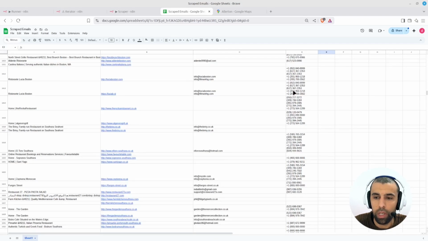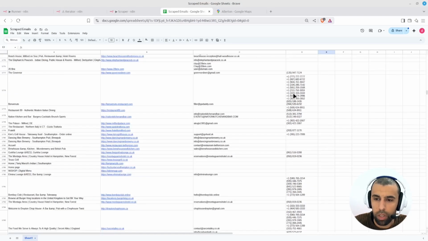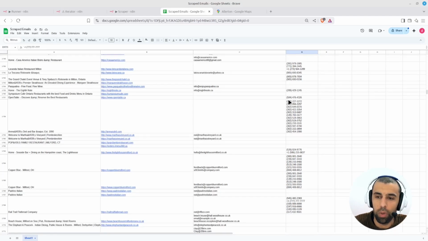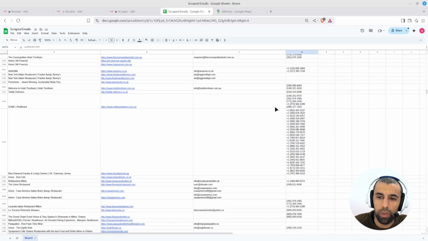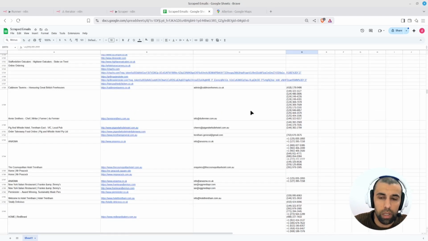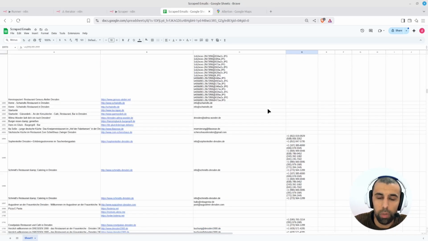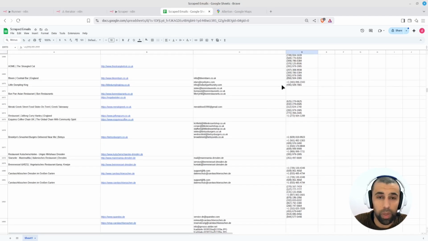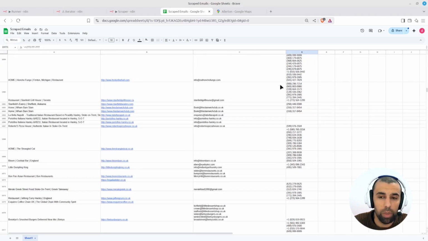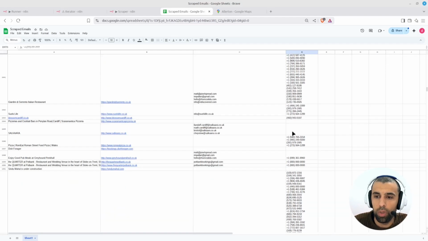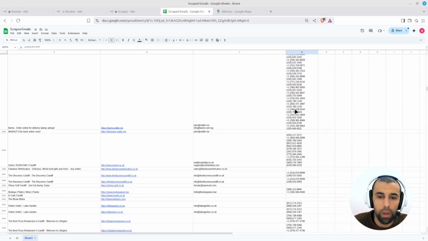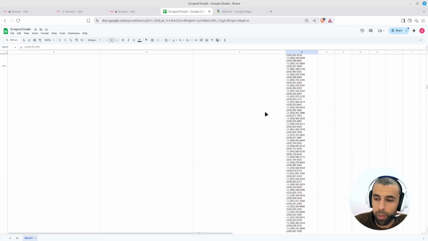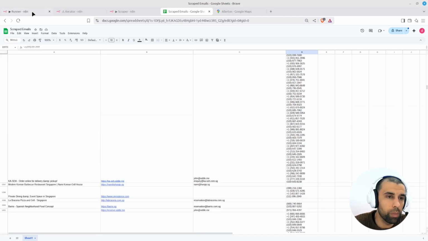Now, one thing I want to note here is that these phone numbers you see, not all of them are correct. In some cases, you have plenty of phone numbers for one website because they might have multiple regions or different parts of the city where these restaurants exist. But in some cases, those numbers are just other things. They're not really for the business. They just popped up in their website or in the HTML of their website for some reason. So you need to take these numbers with a pinch of salt, so to say. But anyway, these are around 2,000 entries we scraped here,